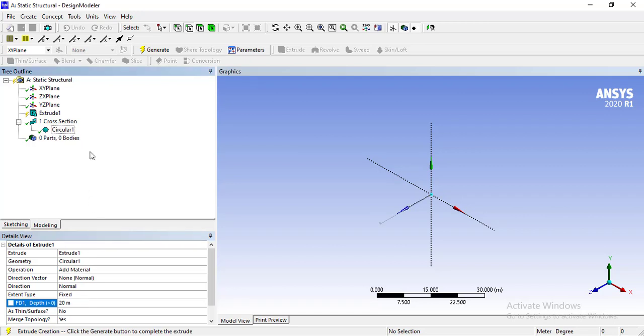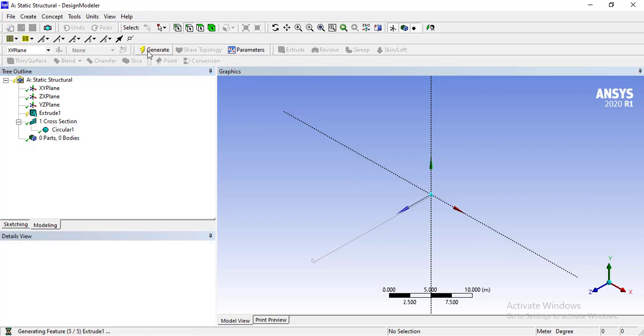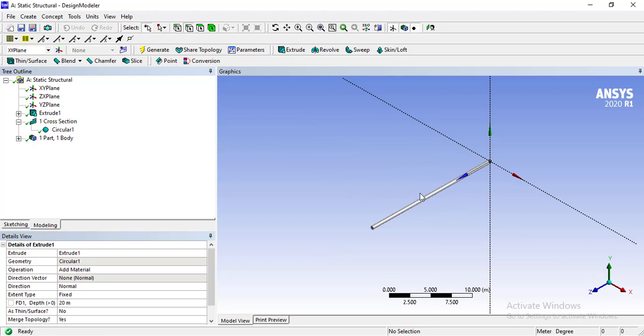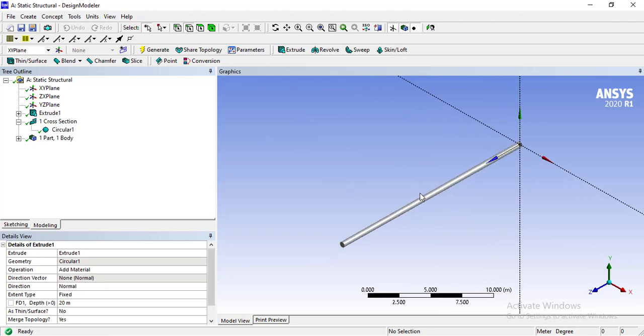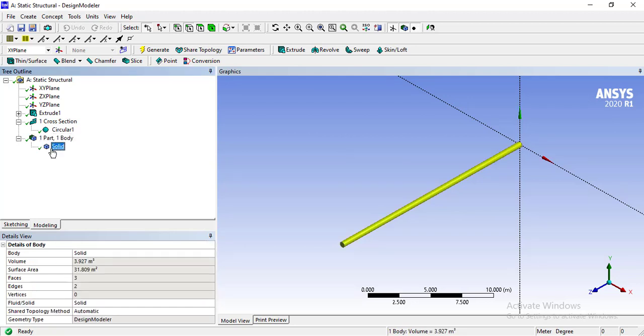After clicking on it, as you can see, the flash sign here indicates that this system has not been generated. We can only see a transparent mode of sketch. In order to create the geometry, kindly click on it here and the solid geometry will be created, which is a shaft of circular cross section. You can see the body on which ANSYS will run the simulation by clicking here. Our geometry has been completed.